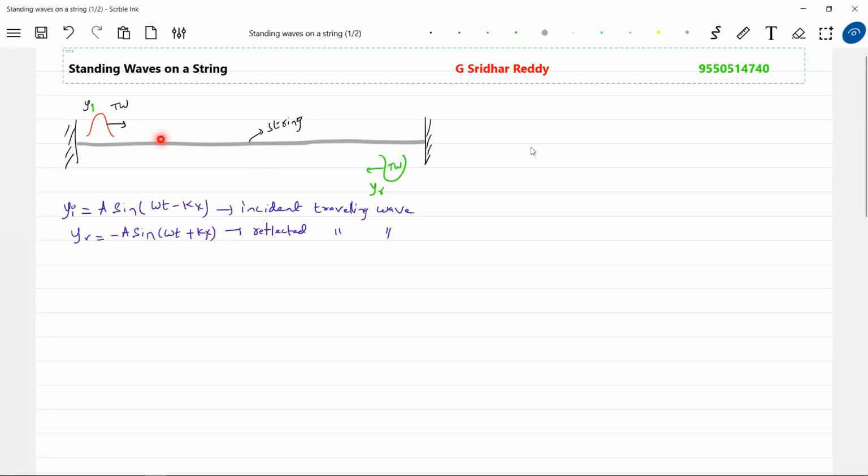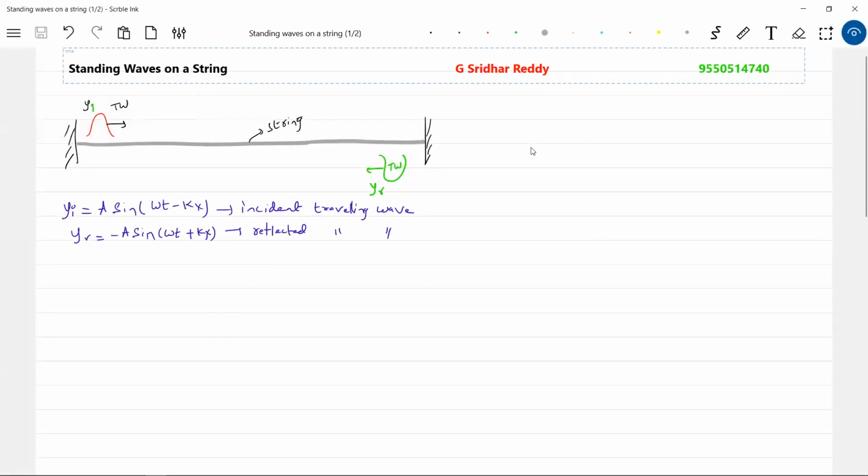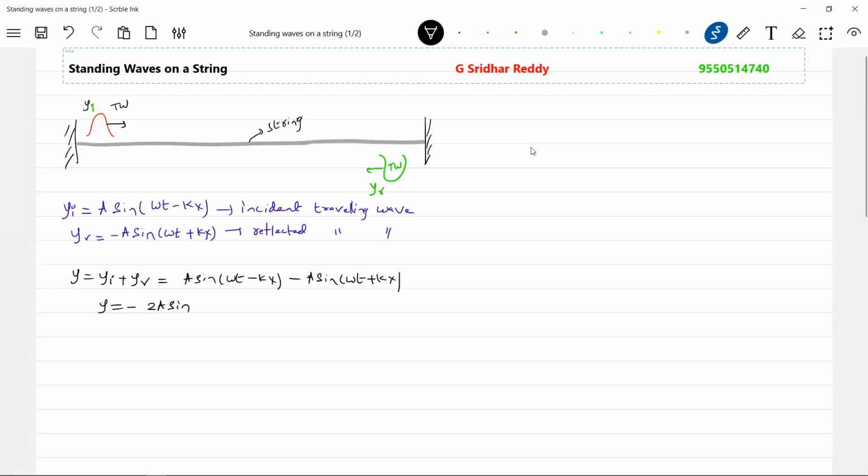So these two will undergo superposition. Can you remember that in the previous class we discussed the superposition? So therefore y is equal to, let's see what we end up with. Both are real waves, no? They'll undergo superposition. This will be like a sin C minus sin D formula. So the resultant of this will be minus 2a sin